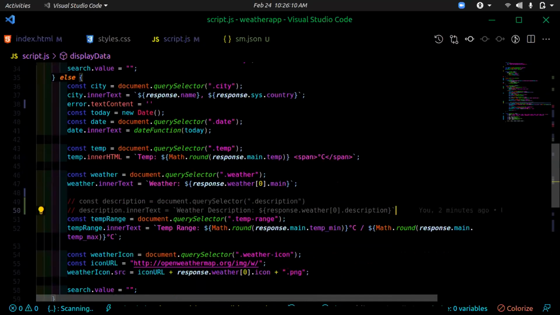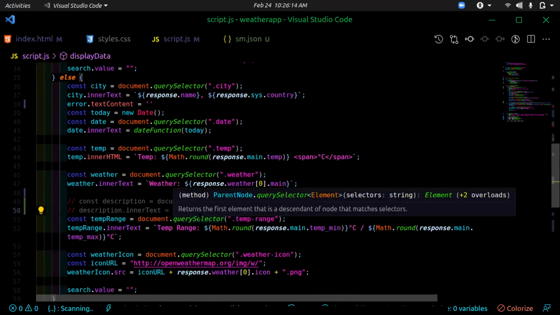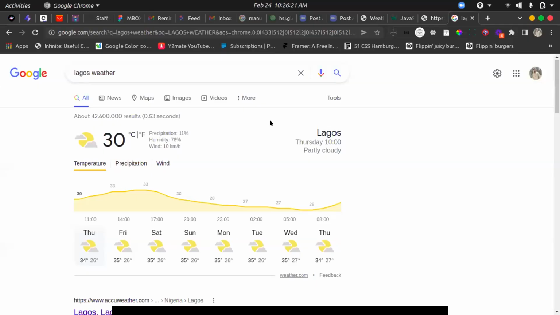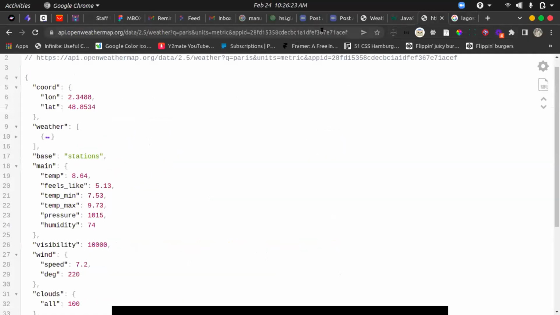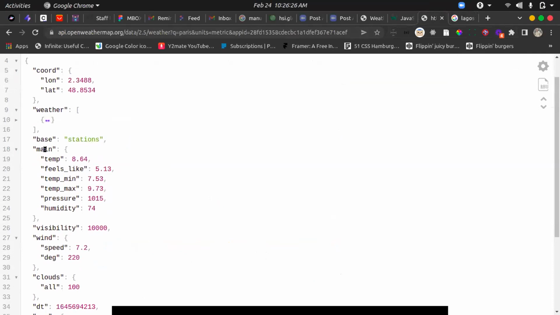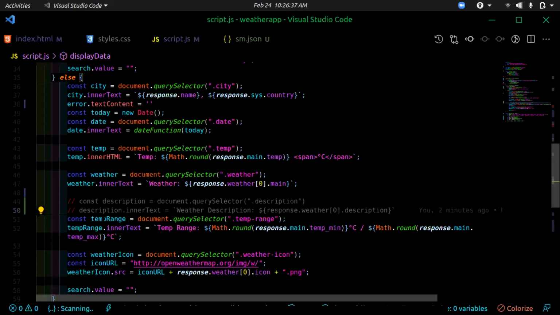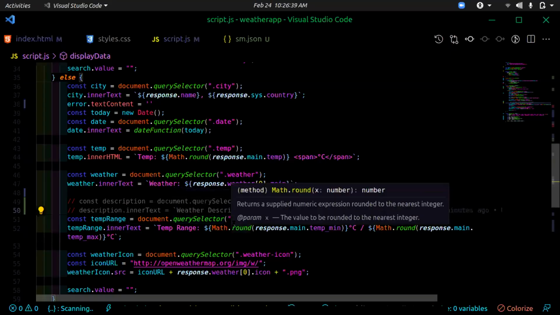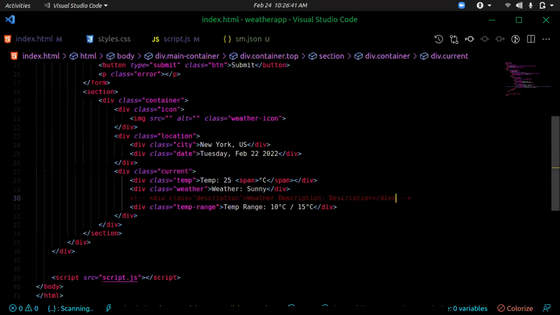So I think that's about okay. So we want to explain the temperature range now. The temperature range is very simple. We are indexing into the, let's do this. Okay, so we have this main here that has all of these objects, that has the temperature mean, the temperature max, the pressure and the humidity, right? So for the temperature range, we are just selecting this query, this last one